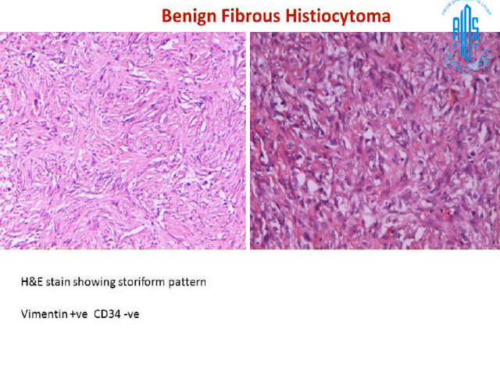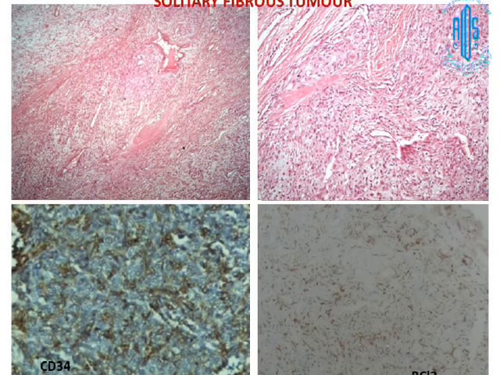Benign fibrous histiocytomas have a characteristic storiform pattern as can be seen on low power, and they are positive for vimentin. CD34 is negative. But on the other hand, solitary fibrous tumors do not have any particular pattern. They are in fact known as patternless pattern tumors. They are composed of spindle-shaped cells, and there's a large amount of ropey collagenization or hyalinization found in these tumors. They are positive for CD34, vimentin, BCL2, and sometimes for MIC2 also.